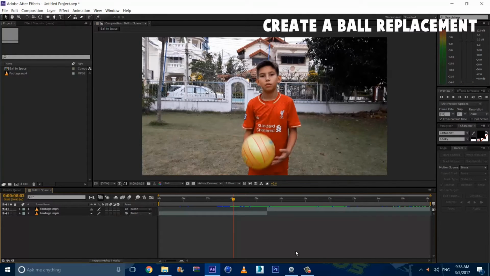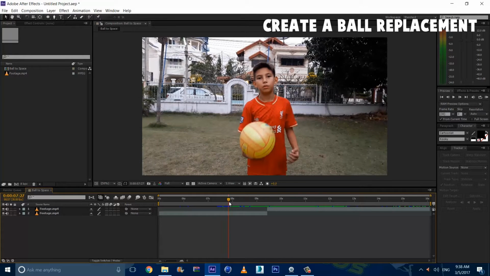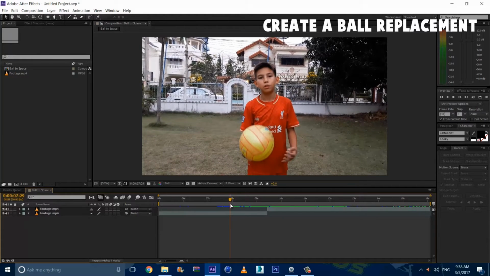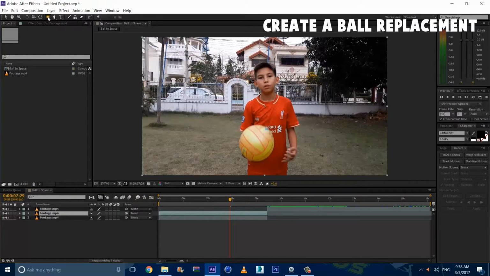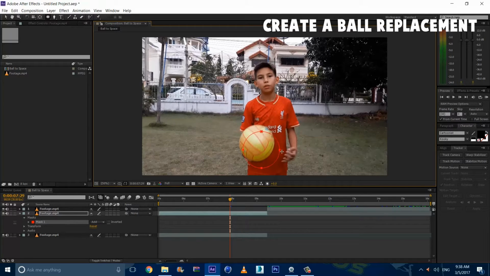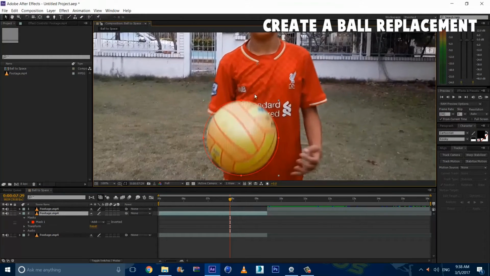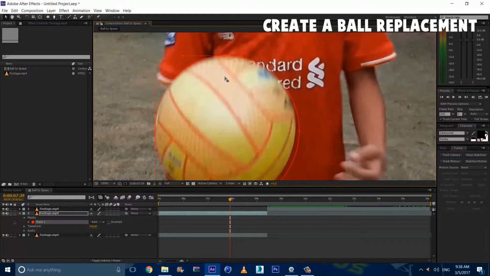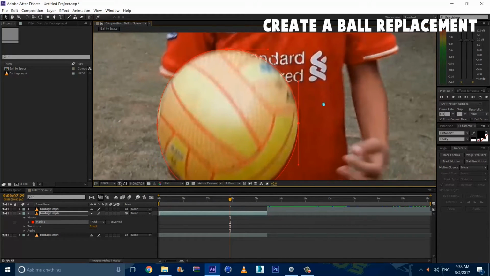Alright guys, so step 2 is to create a ball replacement, and we're gonna do that by scrolling through the timeline and finding a perfect ball body where the ball is completely shown. So about right here. So we're going to duplicate the layer that it is on and select this mask tool, and if you don't have the circle, just hold it and select it, and just by holding shift you make a circle. So hold shift and you make a pretty big circle, and we're gonna move that by selecting that and move. Now it's a bit too big, so we're gonna go here and adjust it manually. So adjust it like so.